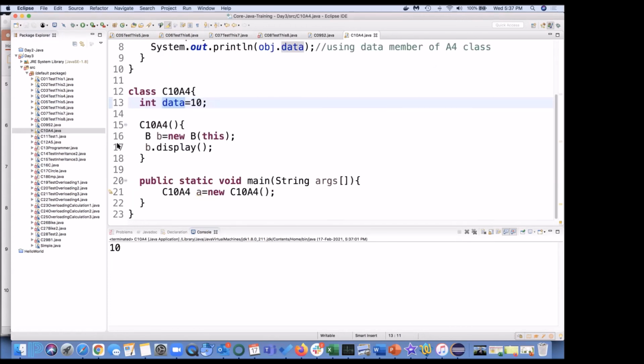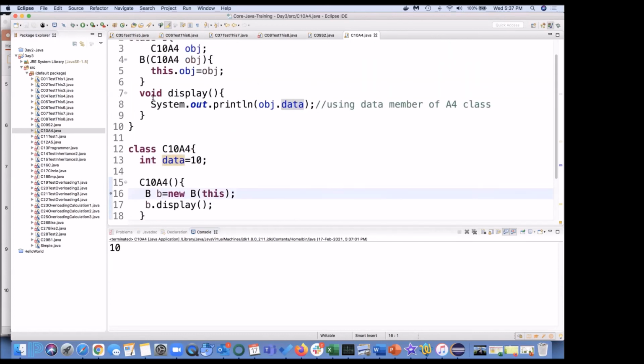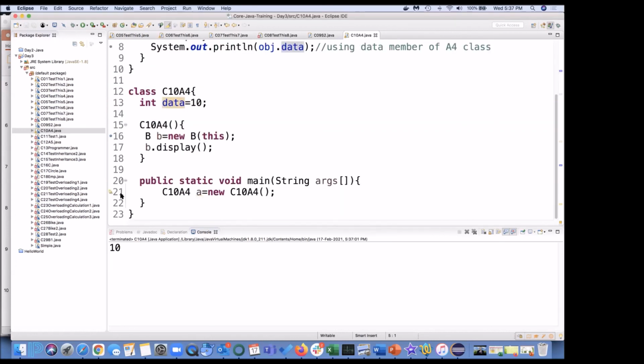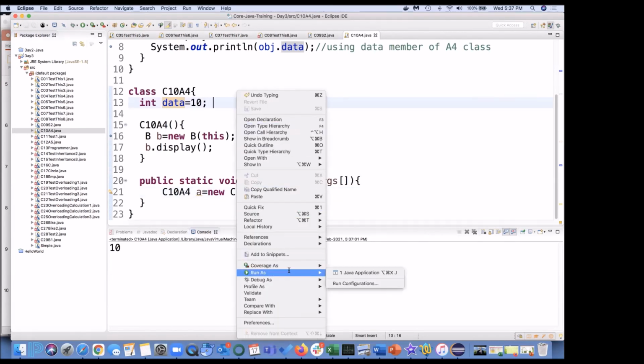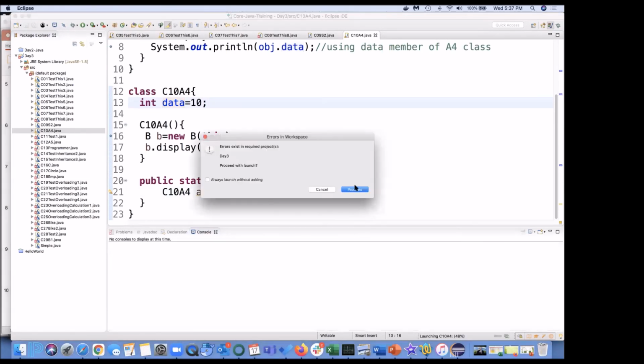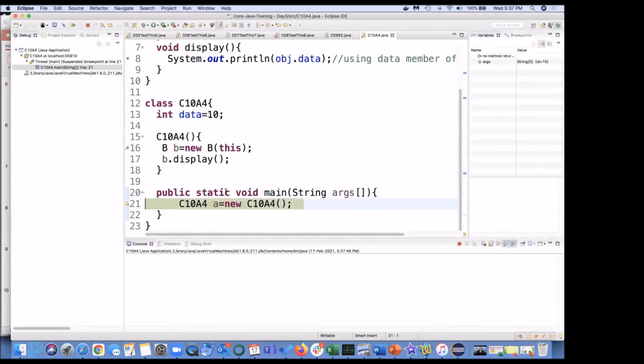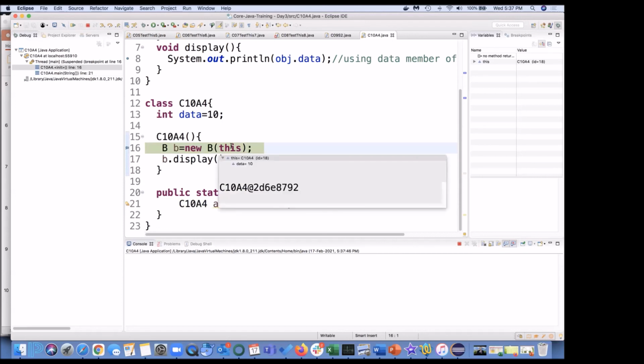Well, let us execute this in debug mode once to have a better understanding. Let me right click, run as, debug as Java application. Yes, so this is my first statement. Control goes here, and if I check this, it is class A4.